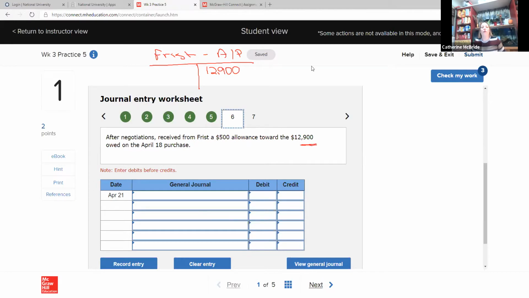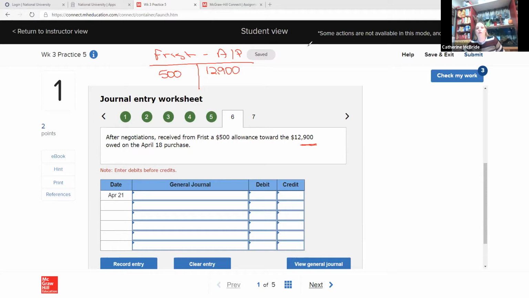Next one is, okay, so in this case, we opened the container and there's some merchandise there that, you know, it's okay. We don't want to return it. We can sell it, but it's damaged or whatever. So we're not going to be able to sell it for the full price. So we want you to give us a discount. And they said, okay, if you'll keep it and you can sell it, we'll give you a $500 discount. So when they give us that discount, we know, first of all, that we're going to reduce what we owe them because they gave us that discount.